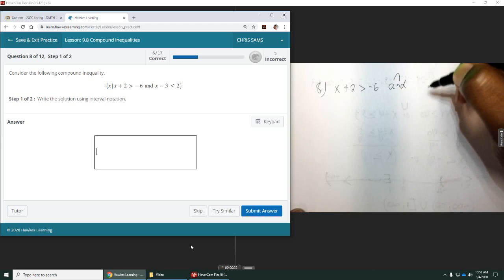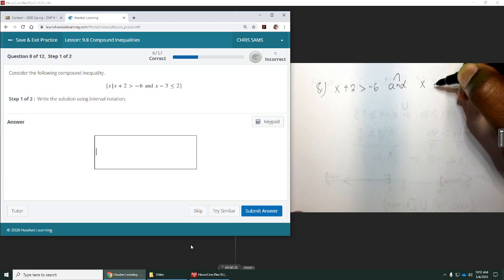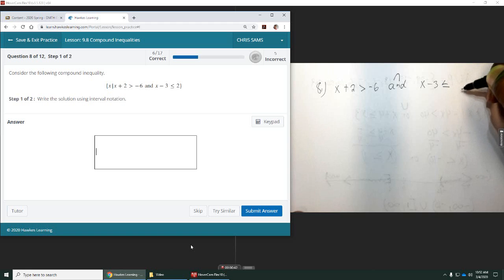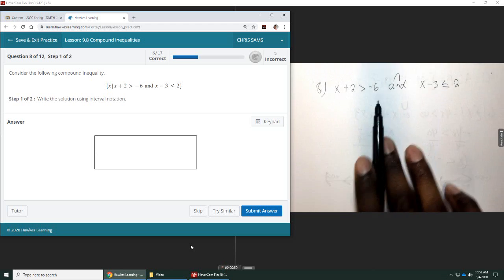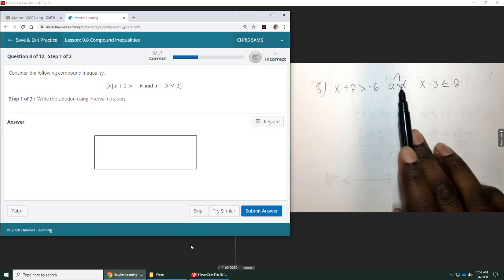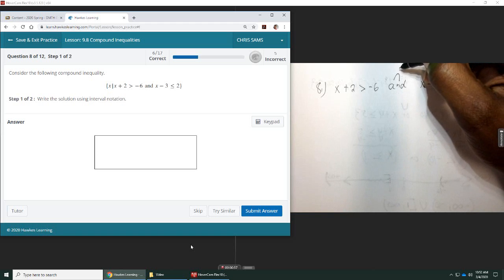Okay, so it's like the upside down U shape. And we have x minus 3 is less than or equal to positive 2. So these are the two compound inequalities we have this time. And we're still going to just solve for x, and when we get our answer, we'll be looking at overlap. I'm going to write that down, the overlap,